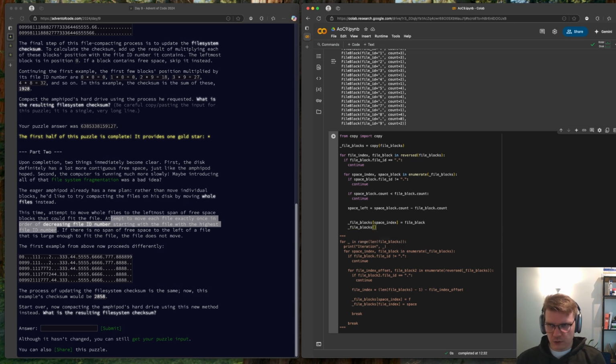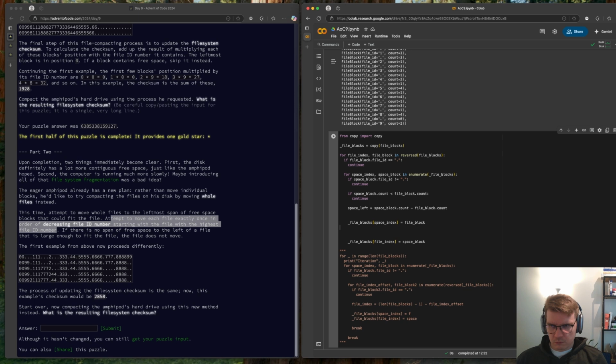This actually goes quite close to what we had. Actually, for this we need to check. So is moving the file block to the space, that's pretty straightforward, but now we need to check if space left